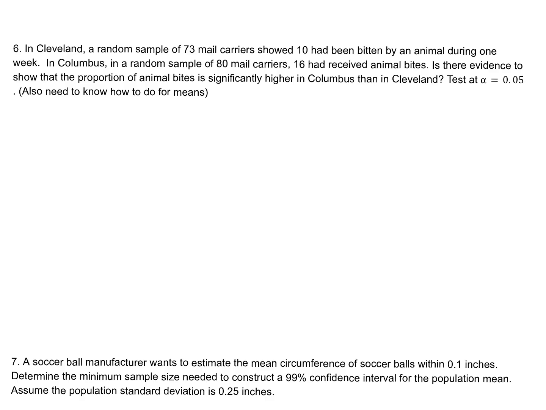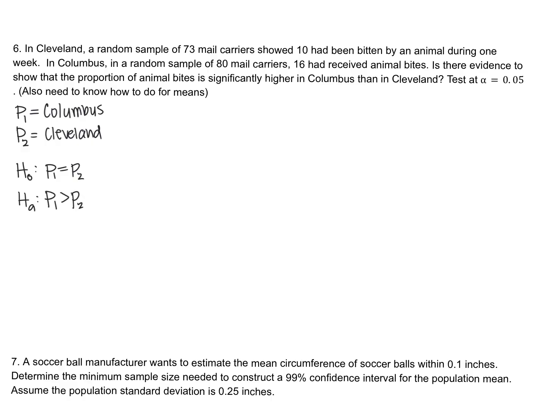So this is a difference in proportions significance test. So we also need to know how to do a difference in mean significance test. So my first step is to define P1 and P2. And I'm going to define P1 and P2 so the proportion for P1 is higher. So P1 is going to be Columbus and P2 is going to be Cleveland. For the null hypothesis, it is always that the proportions are equal, so P1 equals P2. The alternative hypothesis, so we would know if it's higher in Columbus, so my alternative would be that P1 is